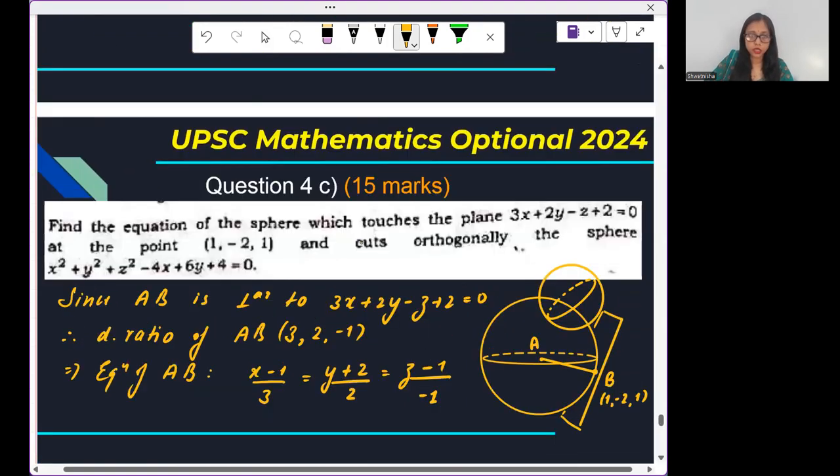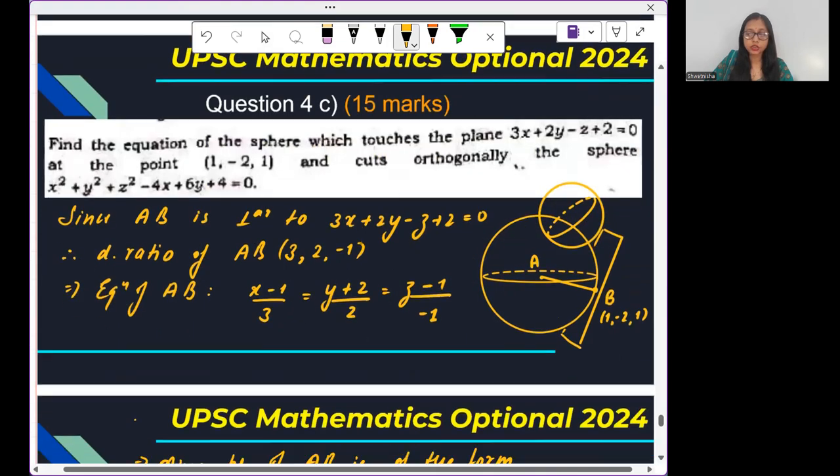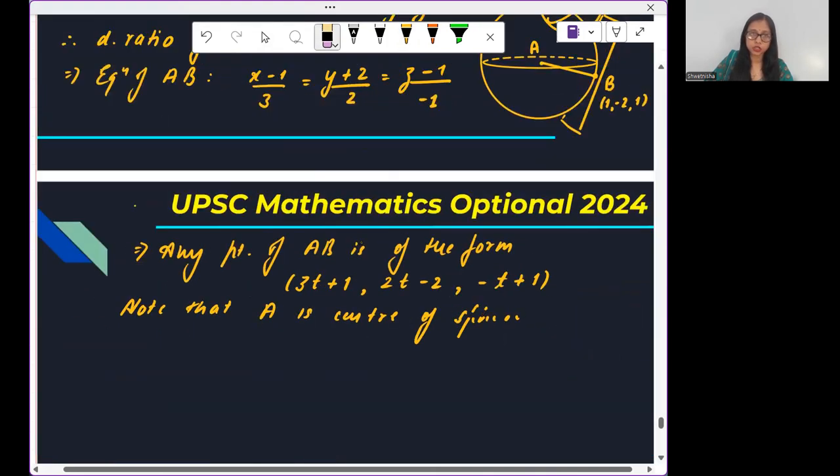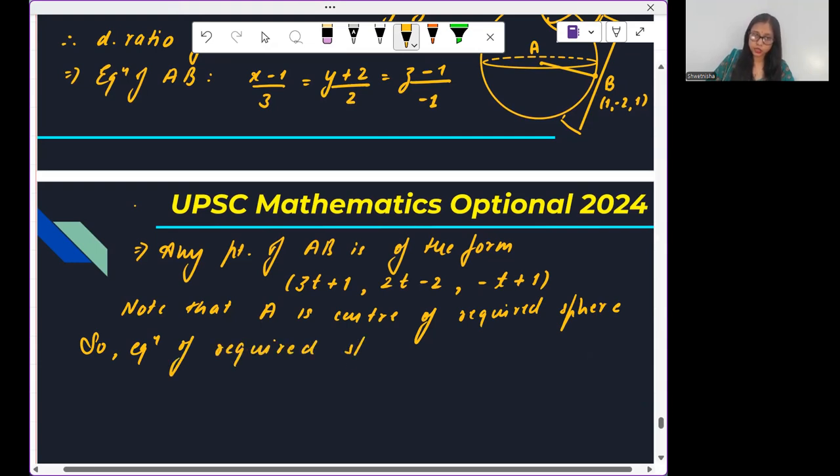Let it be the center of the required sphere. A is the center of the required sphere. So, the equation of the required sphere can be taken as